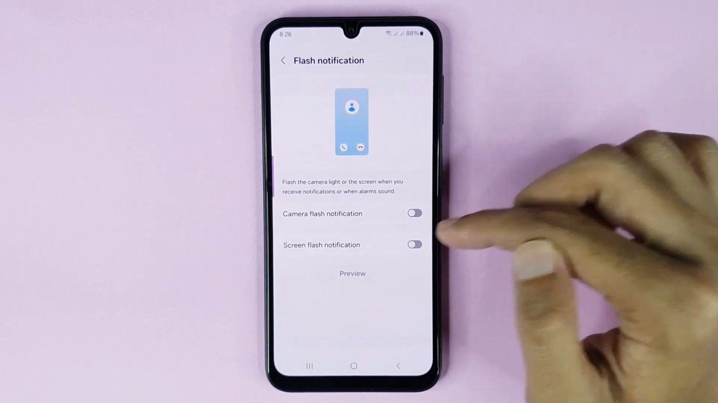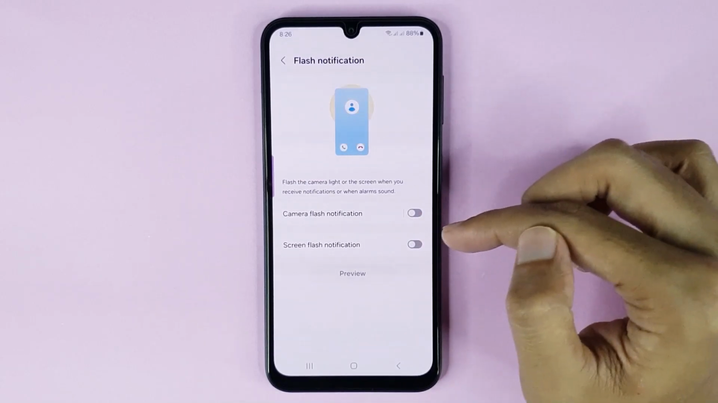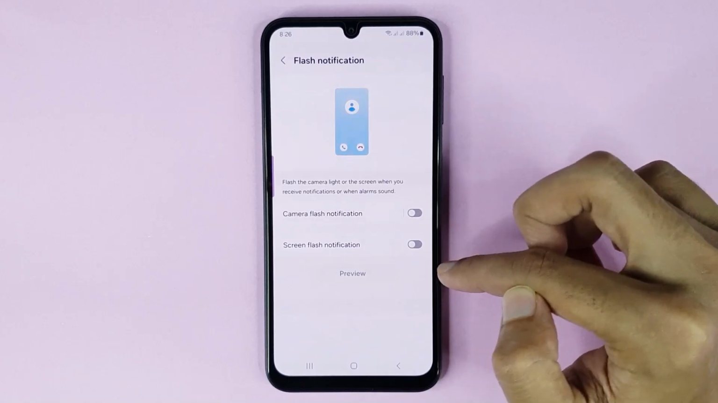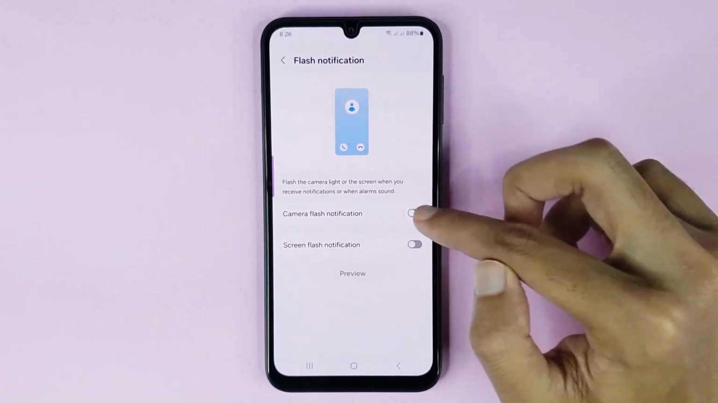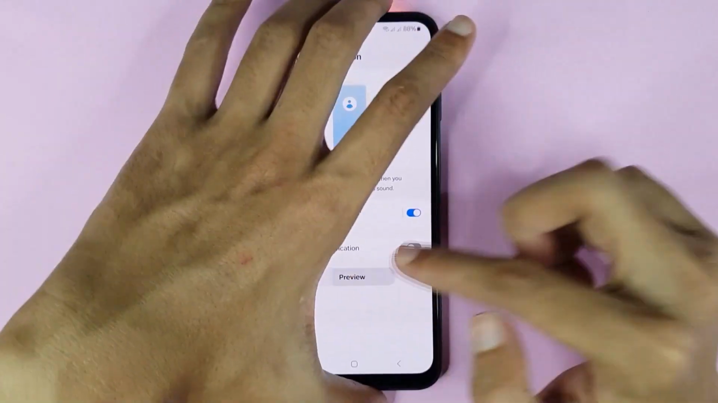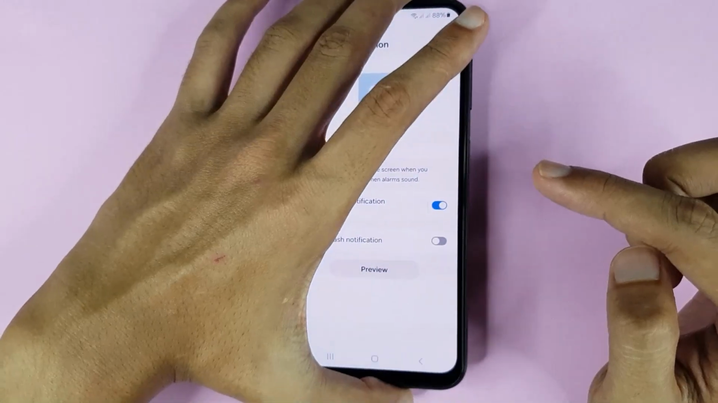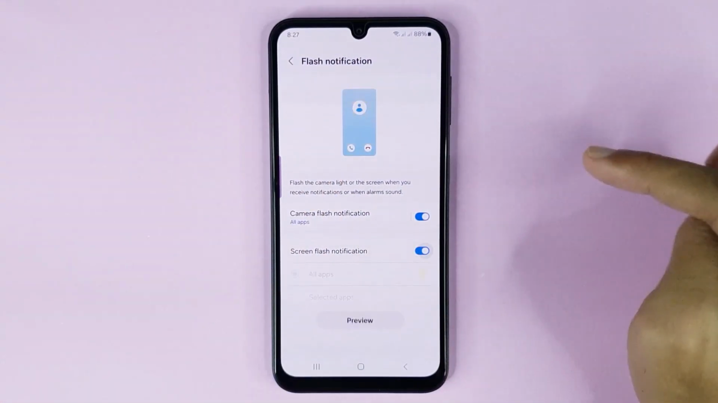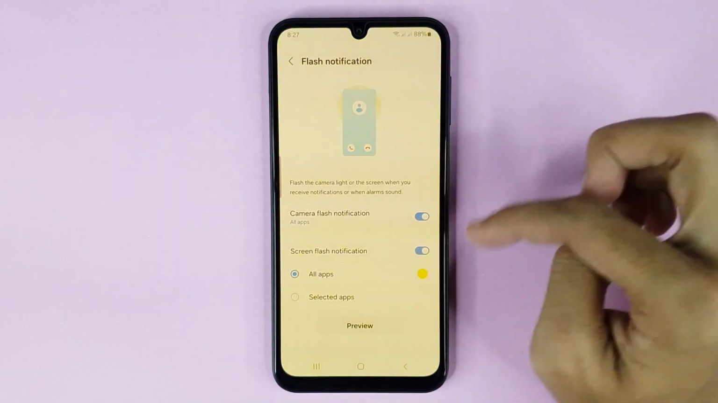Here you can see two types of flash notification. One is camera flash notification and another is screen flash notification. If you turn on camera flash notification and then tap on preview, now you can see the camera flash is flashing. And now if you enable screen flash notification and then tap on preview, now you can see the screen